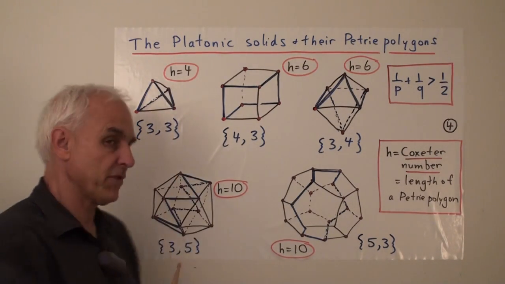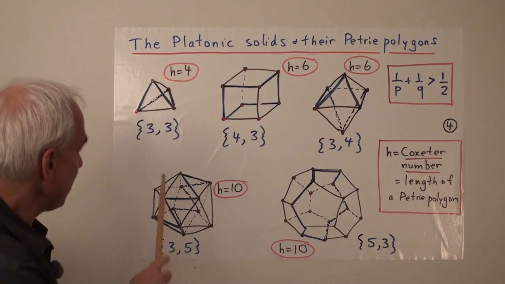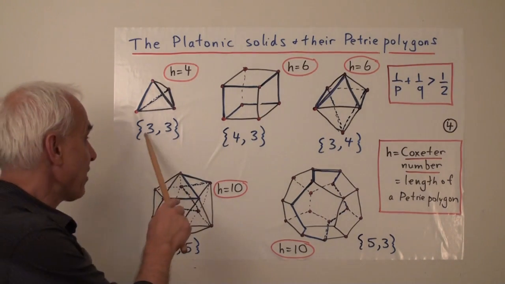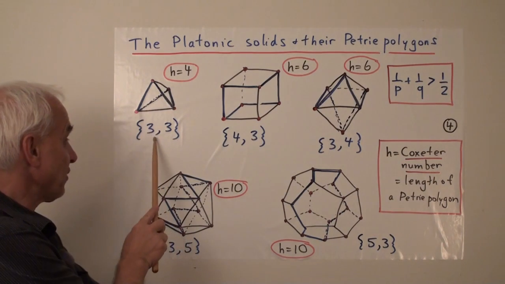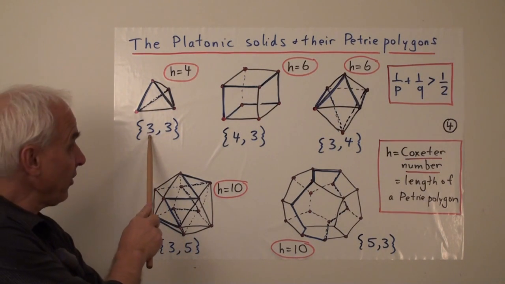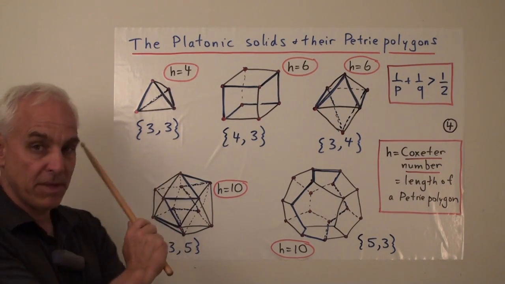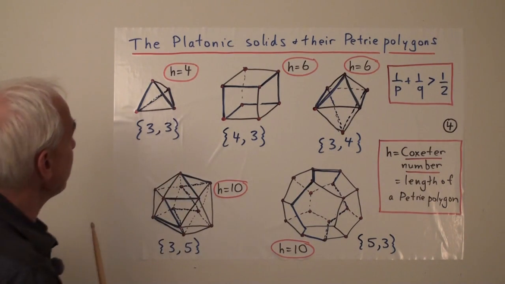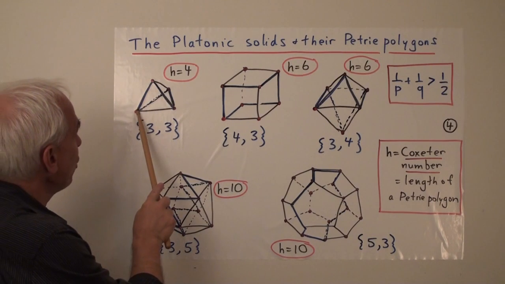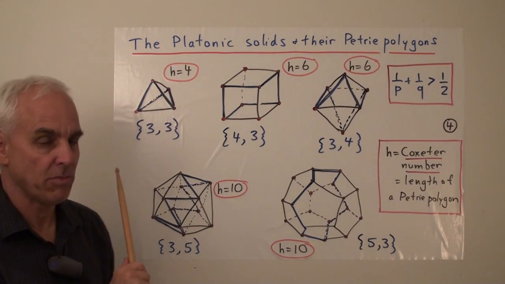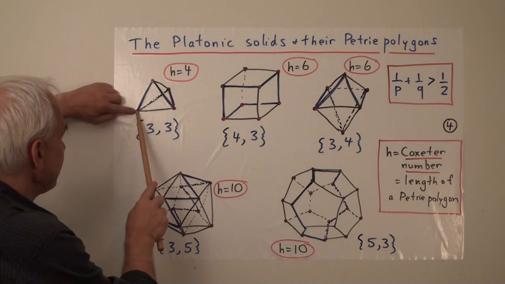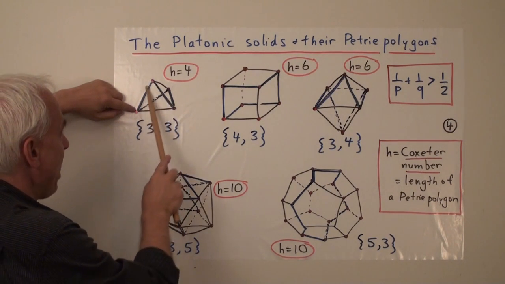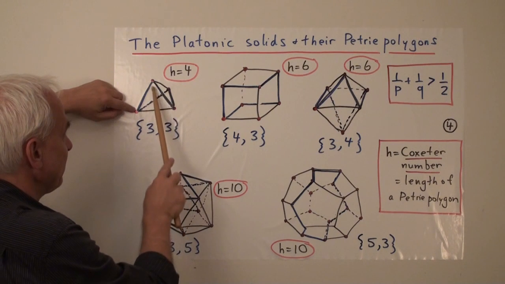So first of all, for the tetrahedron. By the way, the tetrahedron is also described by the Schläfli symbol, in this case {3, 3}, because it consists of triangles, or trigons, and there's 3 of them meeting at every vertex. So here's a tetrahedron, kind of a standard view, and in blue I've shown you a Petrie polygon. So let's say we start here. We go along here and then we go along here. So we're bounding this triangular face that's facing us.